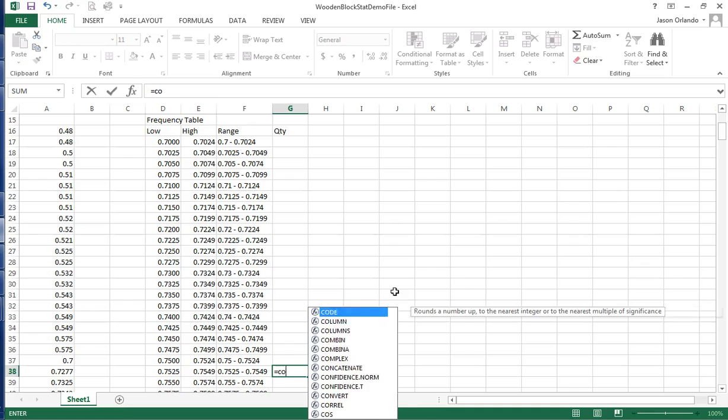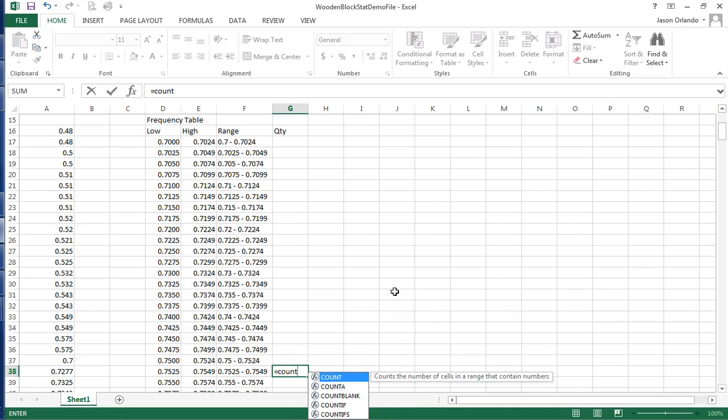It's a count formula, and there's different count formulas. If you start to type in the word count, you see different ones. And we want to do a COUNTIFS, plural. COUNTIF is like count if something is true, you get to write a condition. COUNTIFS would be if I have multiple conditions, and I do. I want to check, am I greater than or equal to the low, and am I also less than or equal to the high? And so I have two different arguments that I would like to write. So I'll use this COUNTIFS,